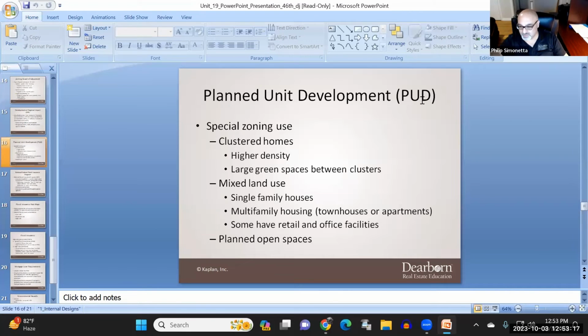So you have a bunch of townhouses and green space, a bunch of park, things like dog park, things like that. There's mixed land use. There's single family homes. There's multifamily townhouses and apartments, and sometimes condos. And some of them even have retail and office facilities. Like when you go in there, there's a little strip mall, pizza shop, a little hardware store, stuff like that, and a sandwich shop. They'll have a little retail space for the community, like people can go to a little convenience store, things like that. Got it. And they have these planned open spaces. So there's little park areas in between the houses and things like that. So it's like a little development. That's a PUD.